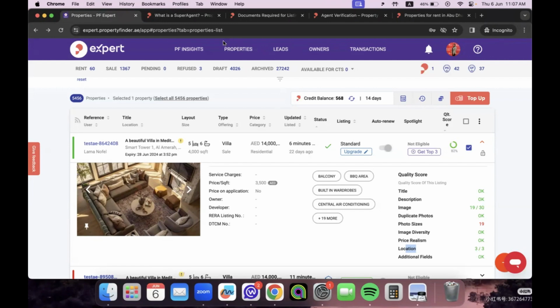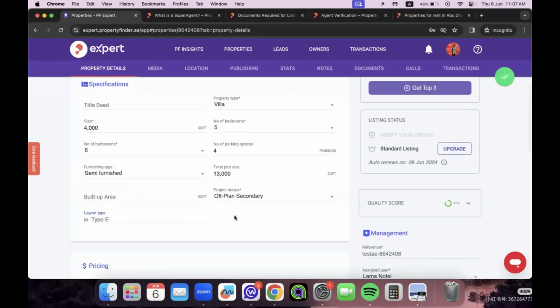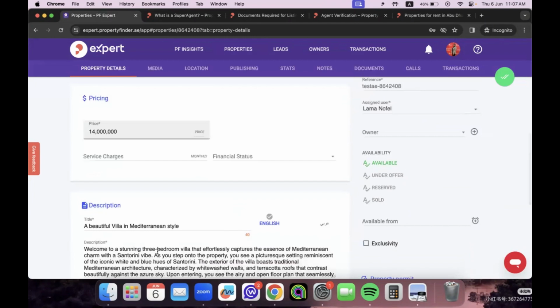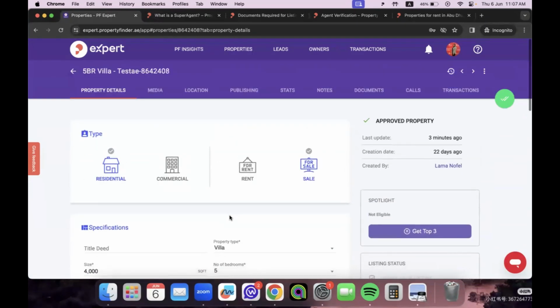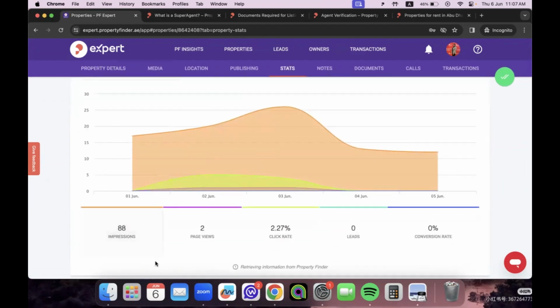Okay. Then next, if I want to edit the listing, I can click on it and then edit those fields that I just discussed, like the title, description, and photos. The other thing that I can see, also related to Muhammad's question, is that I have here stats. If you see it, you can click on it, and then you can see the impressions done on your listing, like how many times this